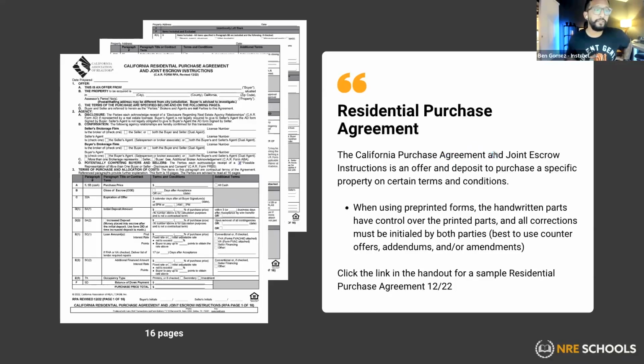As a buyer's agent, no buyers read this. You as an agent need to explain this document to your client and make them feel comfortable about what they're signing. You as a listing agent